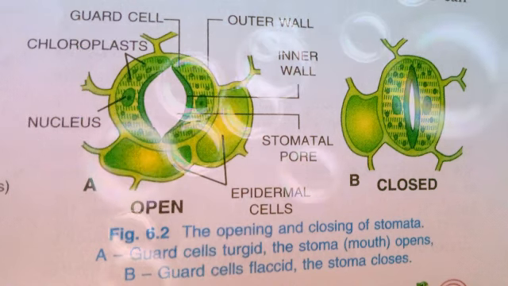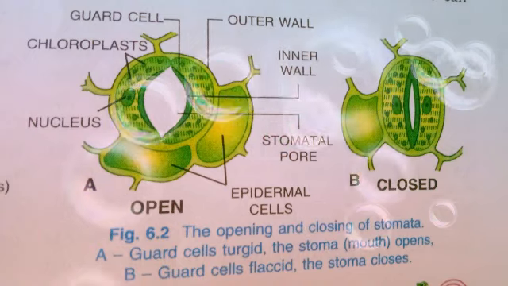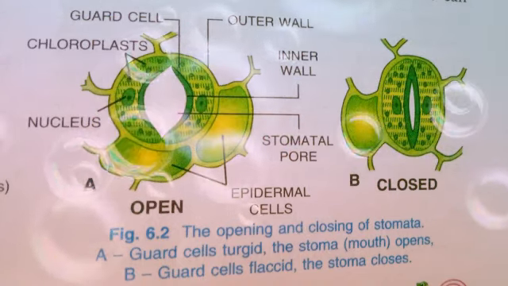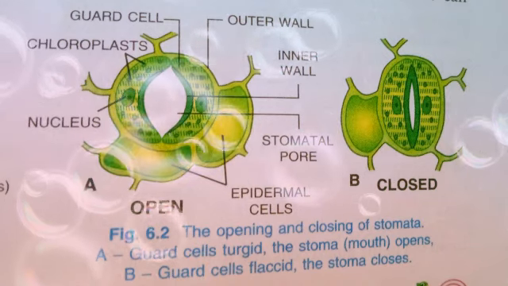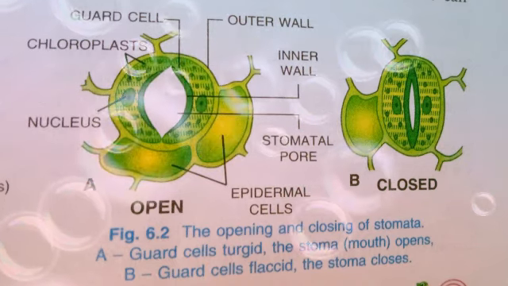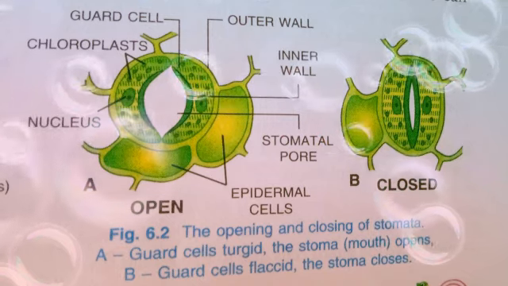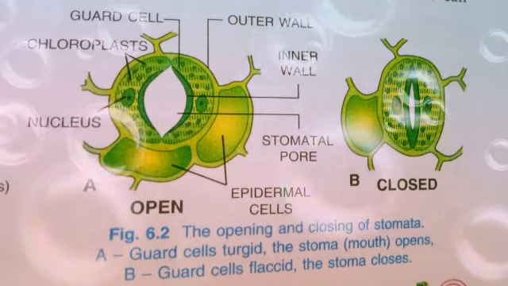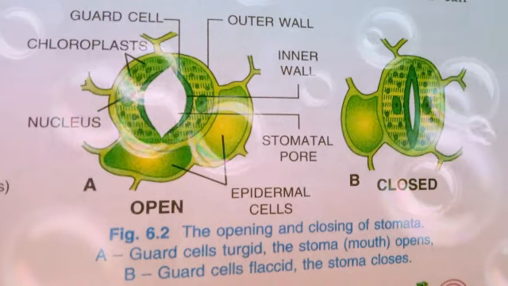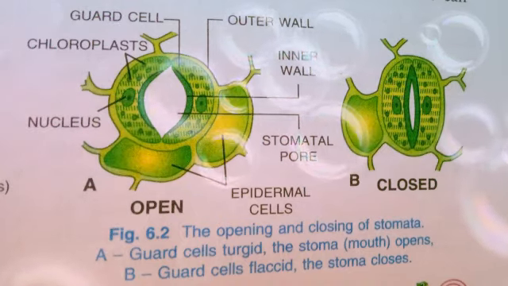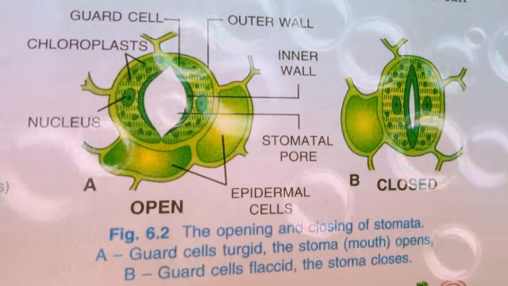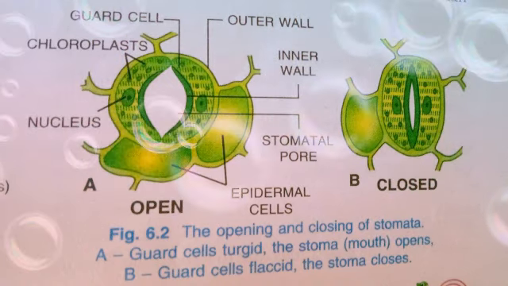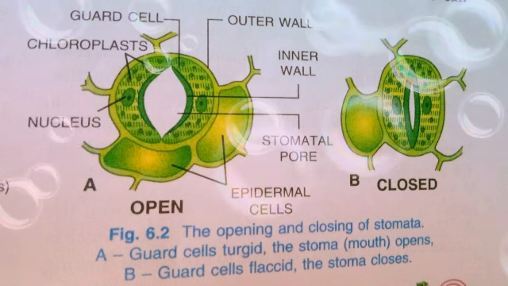When the stomata are not in use for photosynthesis, that is, when it is dark, they tend to close their openings. These openings are minimized through transpiration, and when there is light after the sunrise, they reopen and allow carbon dioxide to diffuse in. Transpiration occurs along with photosynthesis, and that is why both the processes go together.